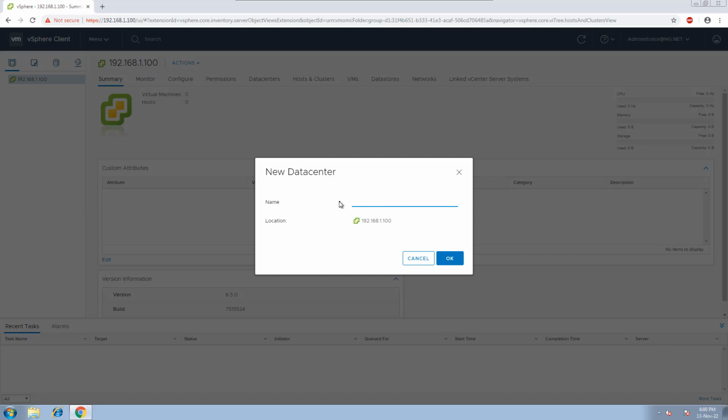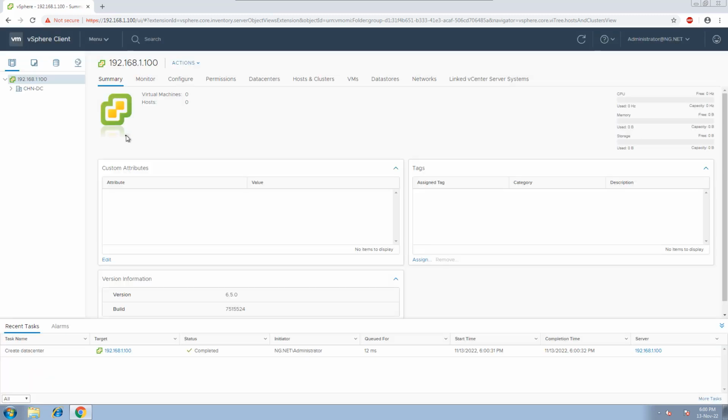So I'm just giving it as Chennai data center because I have a couple of servers in Chennai. So it is kind of trying to mean that. So we create a data center. Data center is nothing but a place where you have the data center. So inside Chennai data center, we're going to have a couple of